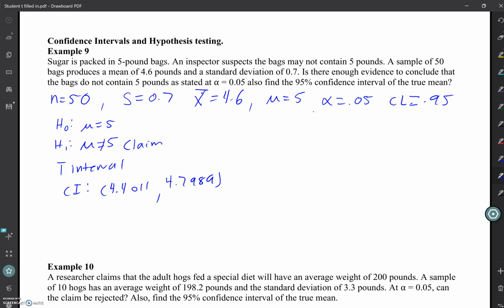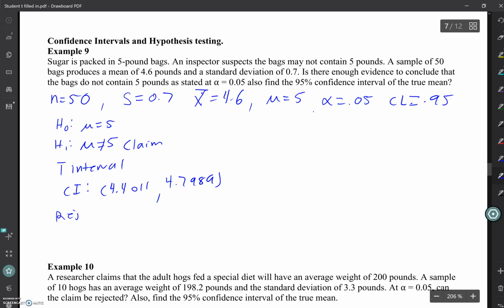So, since 5 is outside the interval, what did we talk about? Rejecting. If it's outside, we're going to reject. And I'm just going to add a note that because 5 is outside the interval,